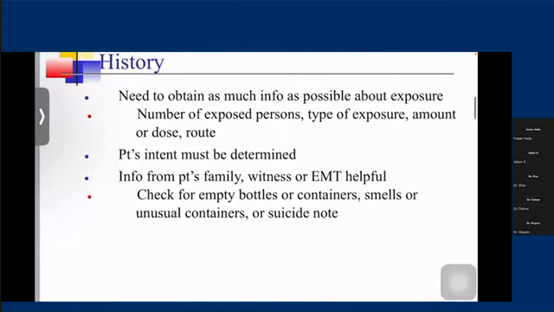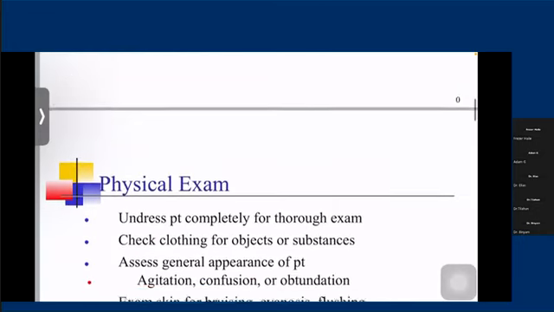Also very important is if the patient has underlying medical conditions, especially seizure disorder, epilepsy, or a psychiatric problem, most likely these patients are on some type of medication. So knowing the type of medical conditions and the type of medication the patient has been taking is also very important. One time I also encountered a patient who presented in coma after taking phenobarb, which was prescribed for seizures. So this history is very important.